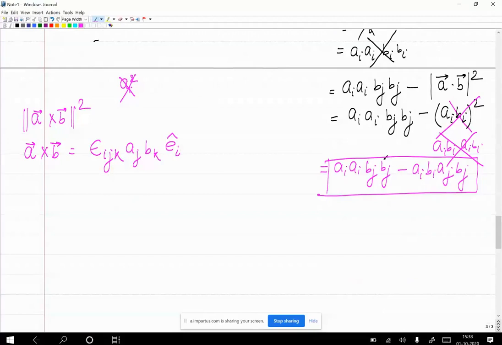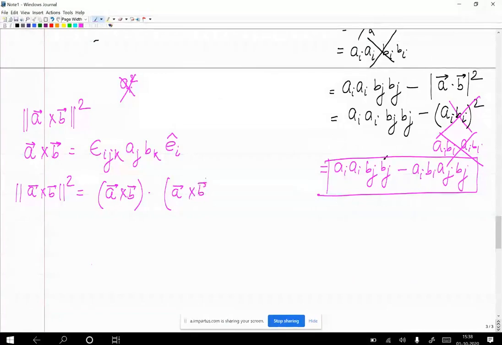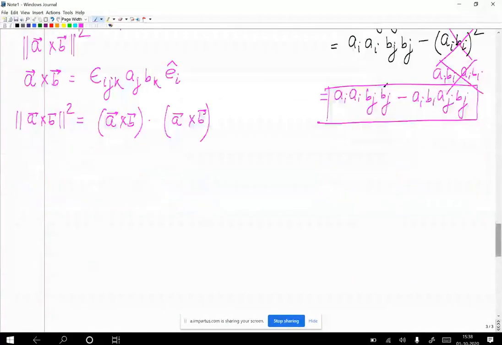Recall from yesterday. So that is A cross B. And what we want is A cross B magnitude square. So this is the same as vector A cross B dotted with the same vector. So I will then write it as epsilon_ijk a_j b_k e_i